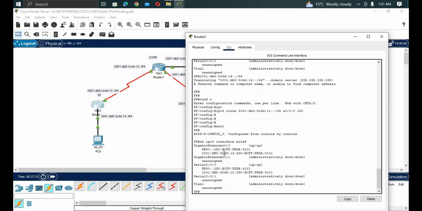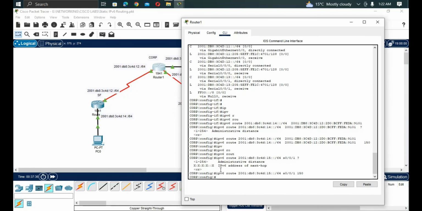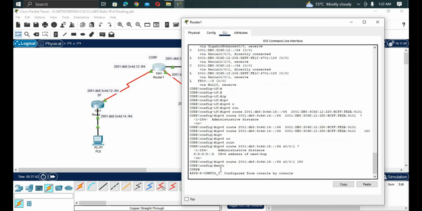Now we are going to pick the IP address that has been given to this interface here. This is the IPv6 address that has been given to that interface. So we are going to copy it. Then come to your SF router and see if the routes are now able to work, if the ping goes on successfully. So exit, then tell it